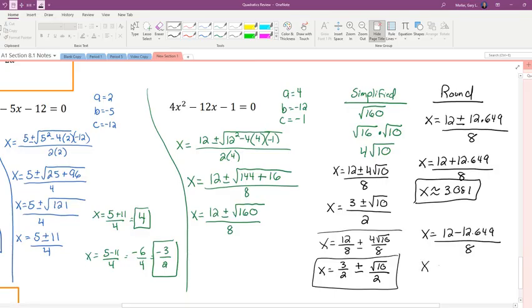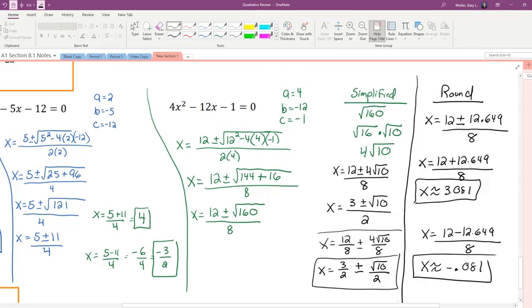X is approximately equal to negative 0.081 and some change. So either of these two would be fine. Just make sure you do either of them correctly. All right, so that